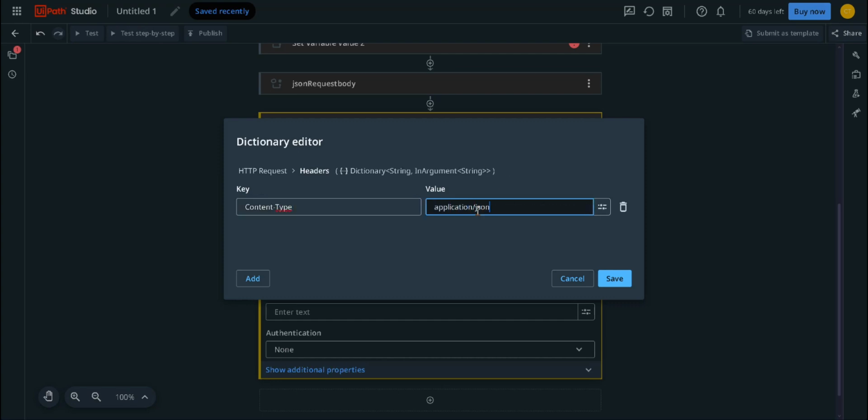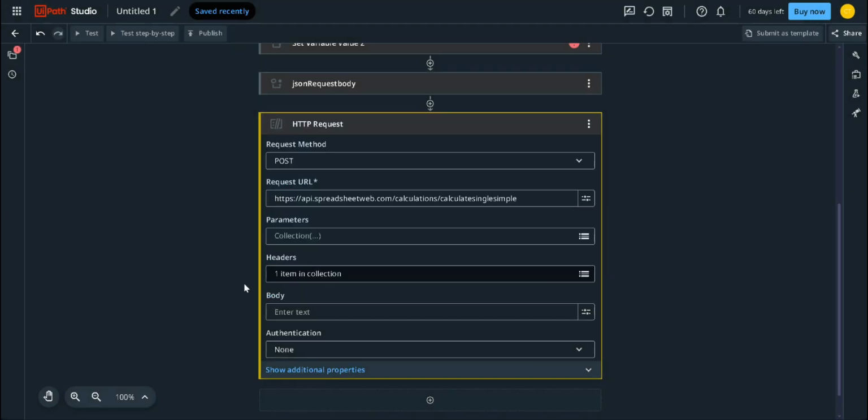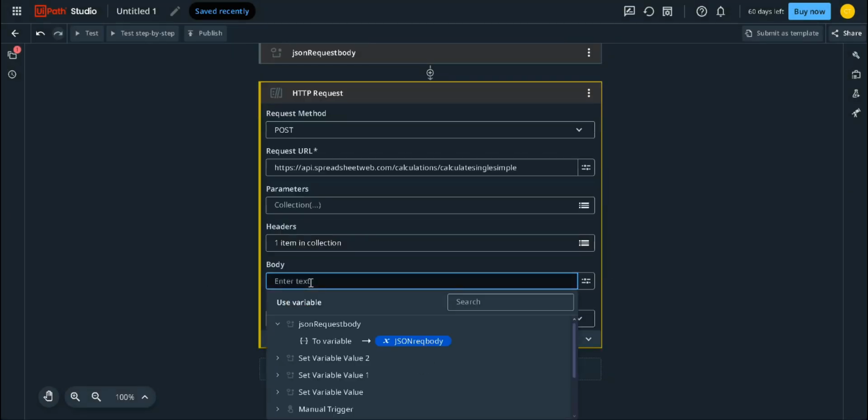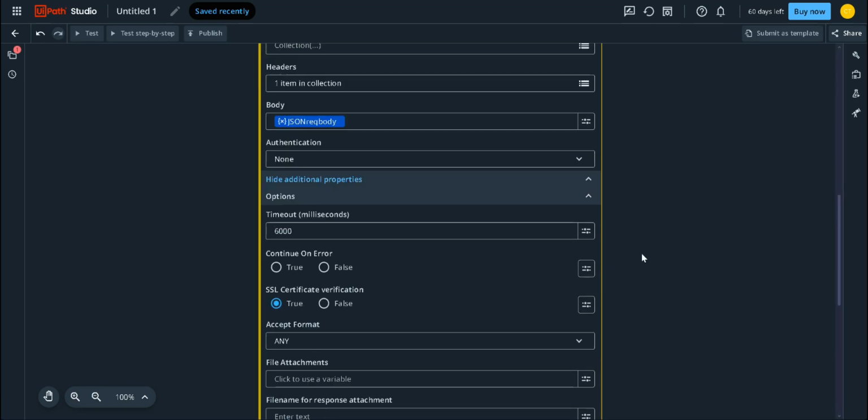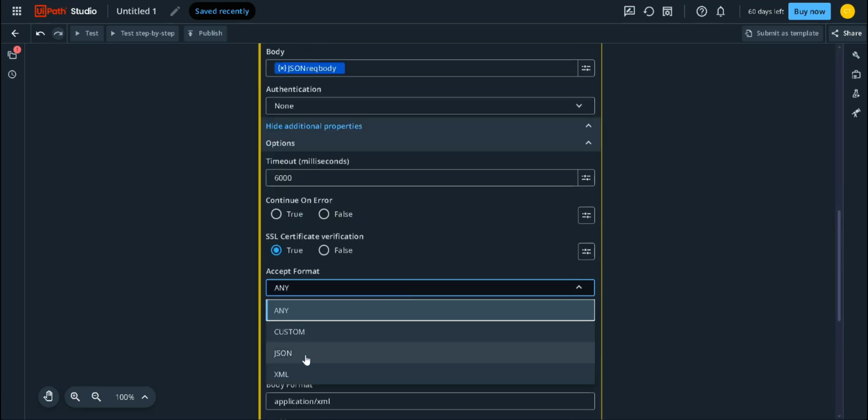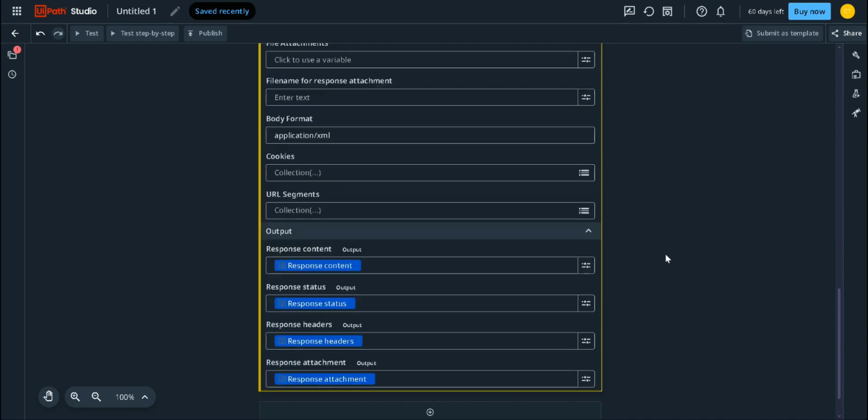The body will use the variable we configured in the previous step. Make sure to open the Additional Properties section and set SSL certification to True and ensure that Accept Format is